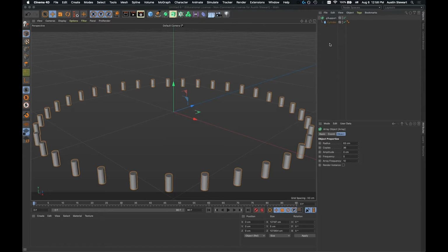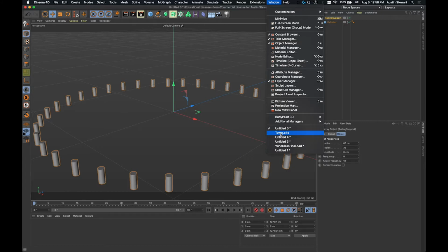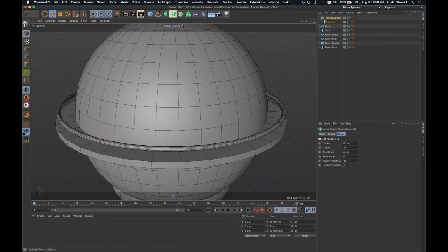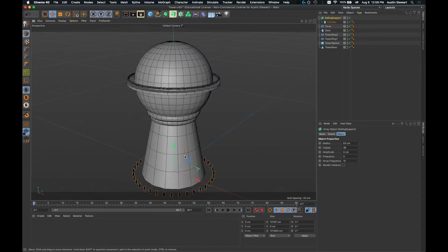And once I've done that, all I need to do to get this into the other scene is hit Command or Control C, depending on which operating system you're on, to copy it. And then I go back up to Window, I go down to Tower, my other file, and I hit Command or Control V to paste it. Now that railing support object should be in my scene. If I hit the letter H to frame all my objects, then I can see this, I can click and drag, and I can pull this up